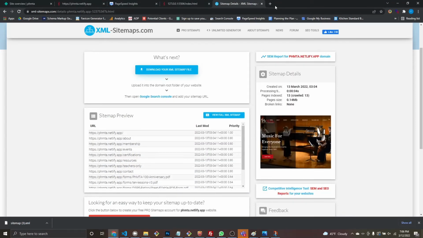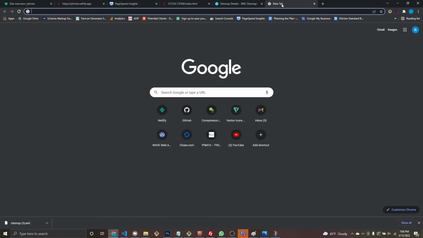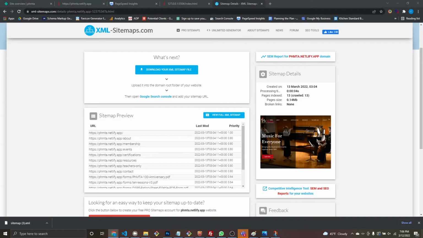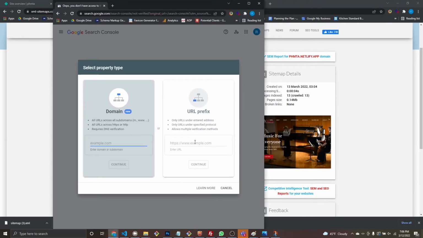Once you do that, you go to the Google Search Console and you create a new property. So if I go to mine, I can't show you exactly mine because it's got a bunch of other clients' information on there. Let me see if I can do it. Add property. Okay. So what you do is you go to add property right here. Now, when you paste in your property, if you already had Google Analytics attached, it'll recognize that and take that as verification. And then it'll take you to a screen,